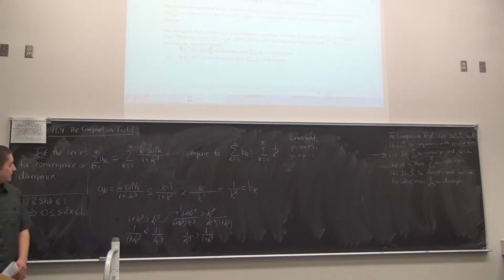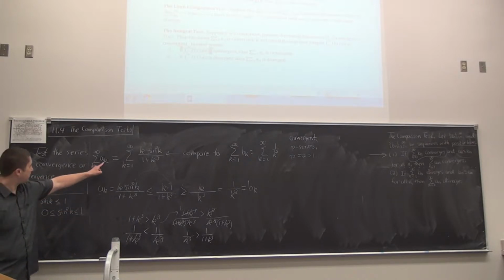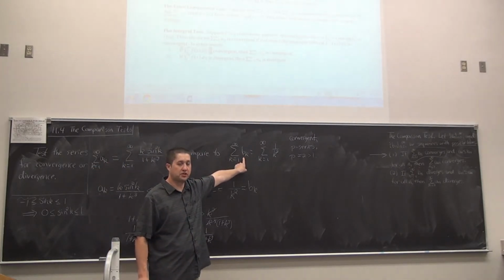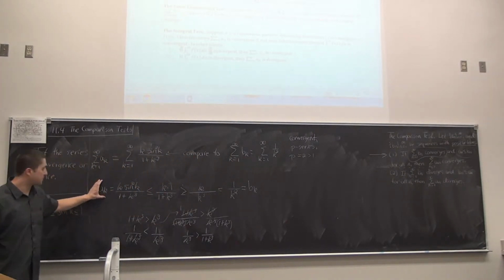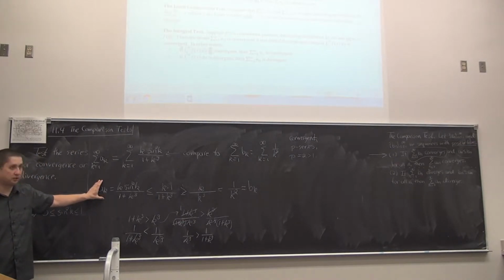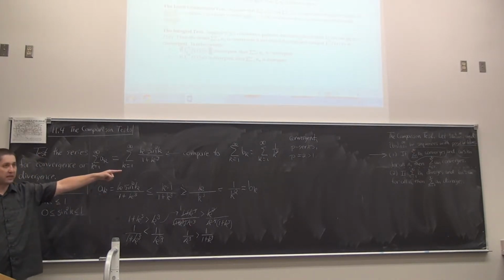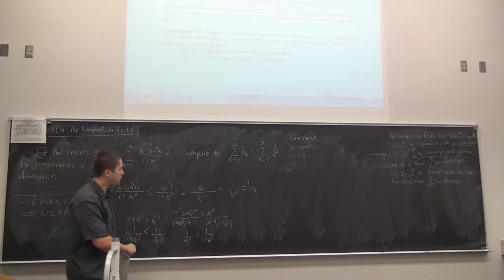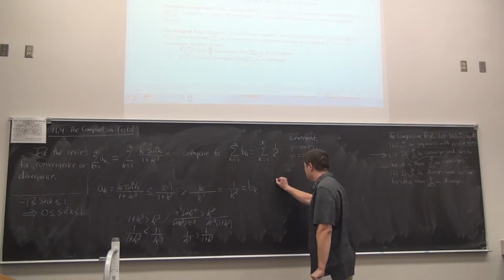Okay, so the logic of this comparison test is this series, a sub k, is always going to be less than or equal to this series, b sub k, when we look at the partial sums, just because the terms themselves are always less than or equal to b sub k. Since b sub k converges, we can say this total sum, which is always bigger than 0 and less than a convergent series, has to converge as well. So our conclusion, the overall conclusion,